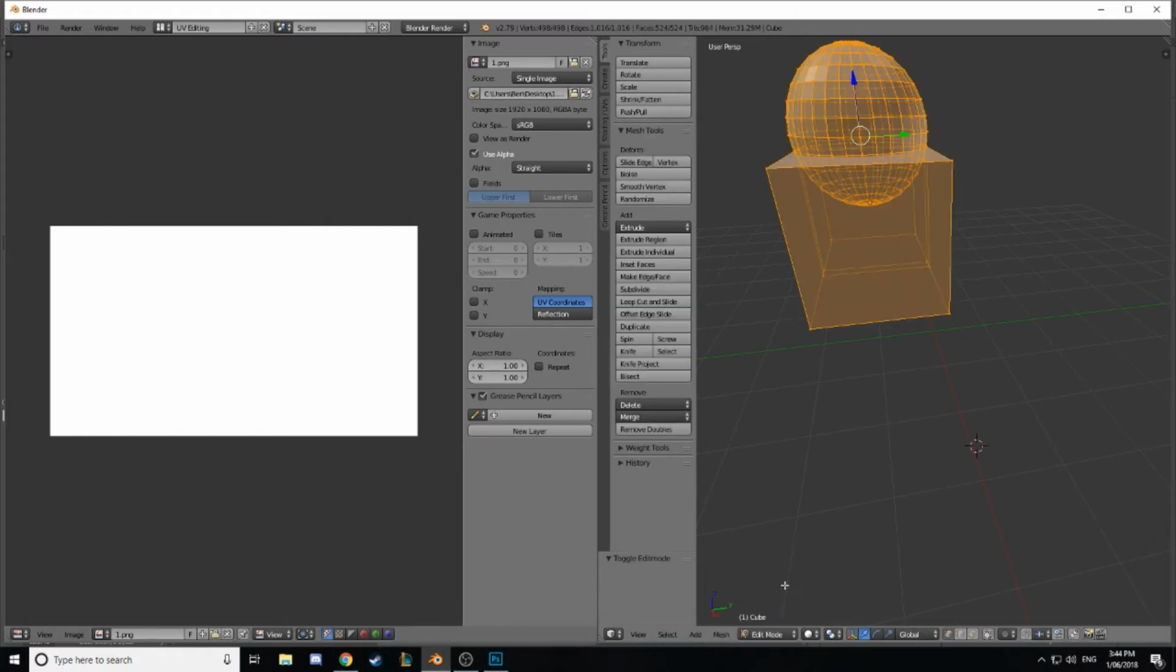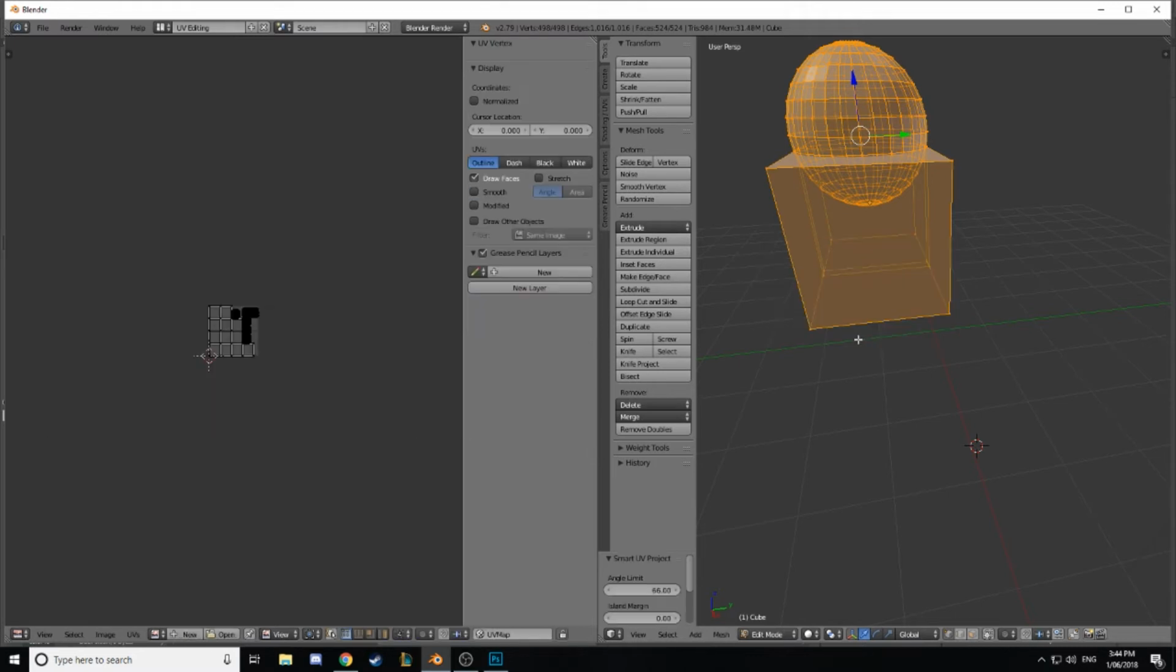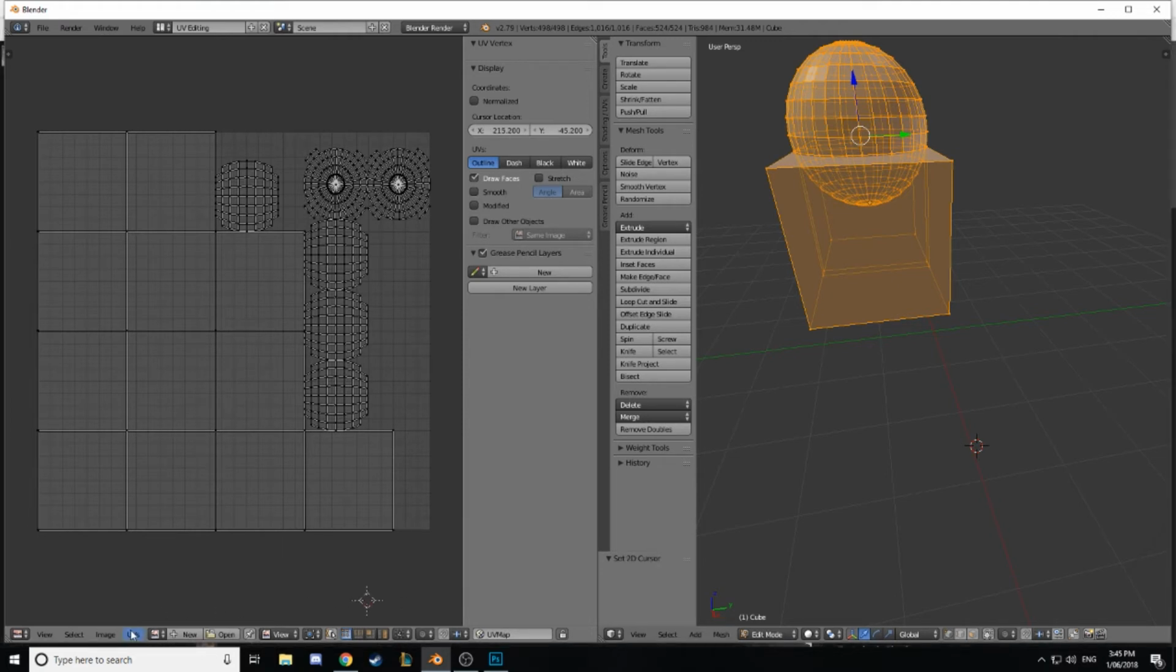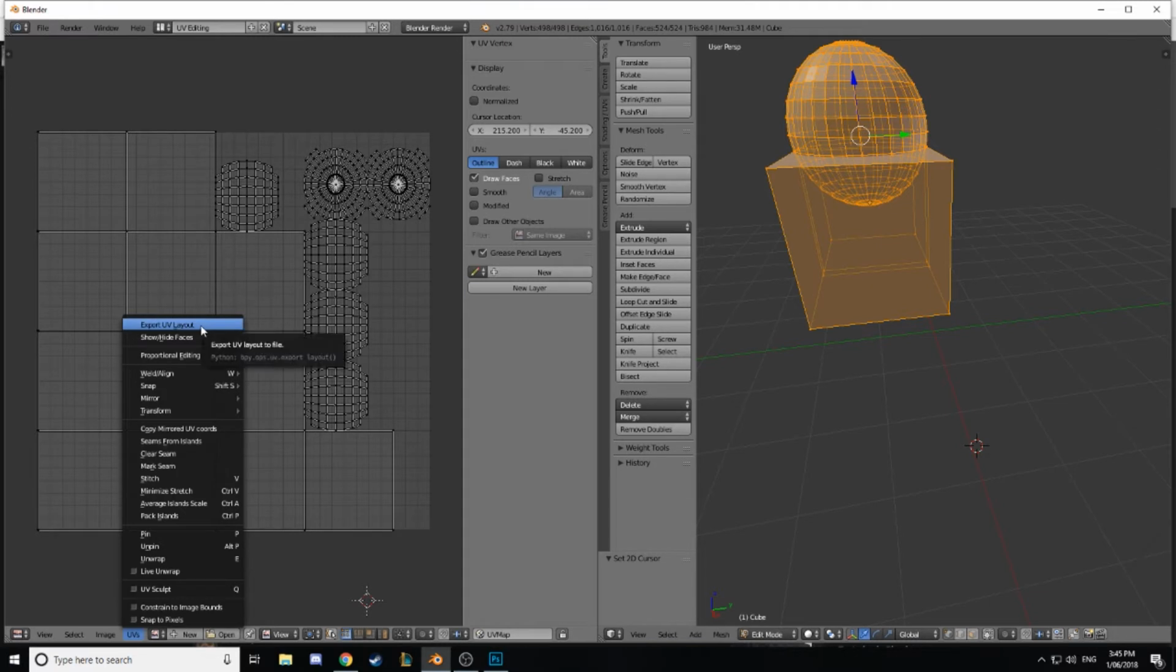Once it is in edit mode, you'll be able to see all the vertices. You press U on it and go to Smart UV and press OK. This will create a map, an accurate image texture to put over your object. Now you take that object and you export it